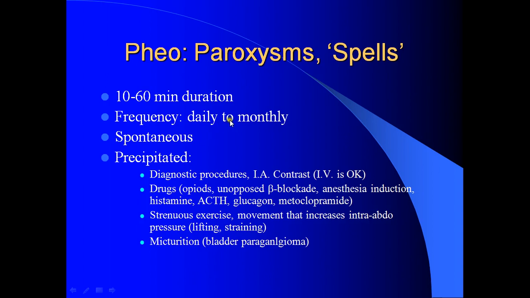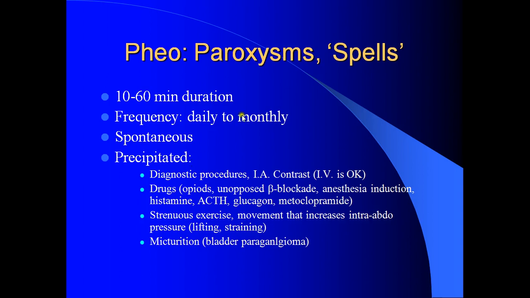So spell, जो paroxysm है, वो कितनी देर का होता है? It can be from 10 minutes to 60 minutes. So 1 घंटे तक रह सकता है. And it can be daily or once in a month or twice in a month. You cannot say, they cannot predict that this is going to happen. It can be spontaneous, or it can be precipitated by diagnostic procedures like giving IV contrast